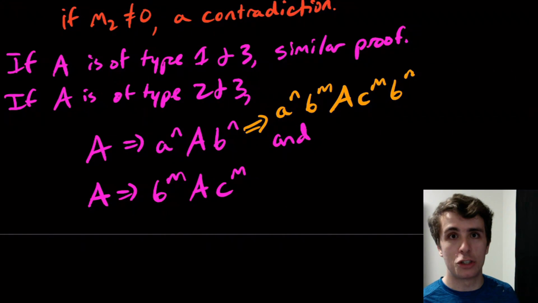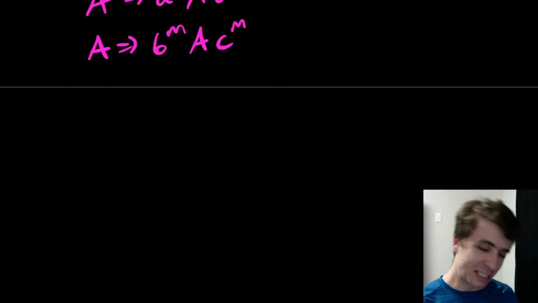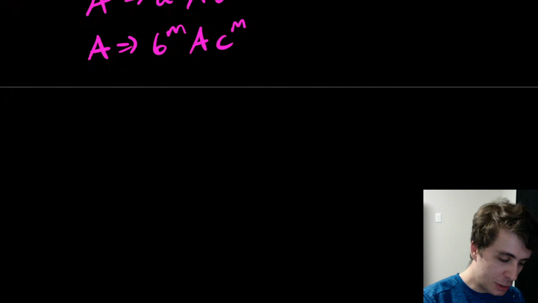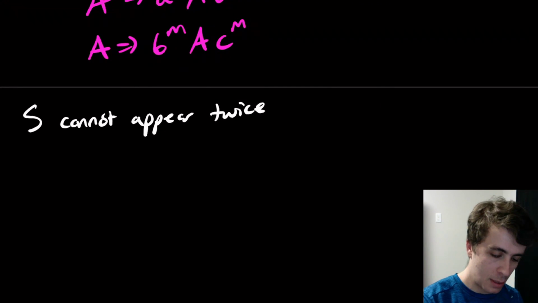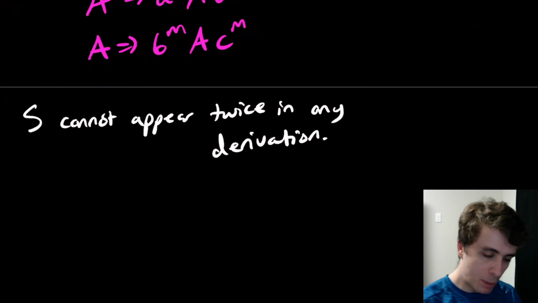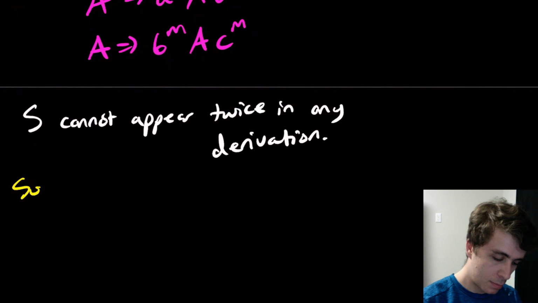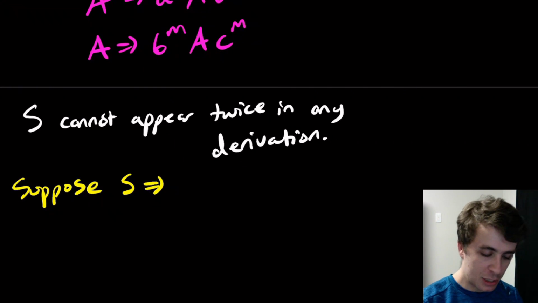Okay, so we're going to finish up the lemma and prove the last 2 pieces. So the first of the last 2 pieces is that the start variable S cannot appear twice in any derivation. So why is that the case? Let's suppose not. Let's suppose that S can actually make something of the form